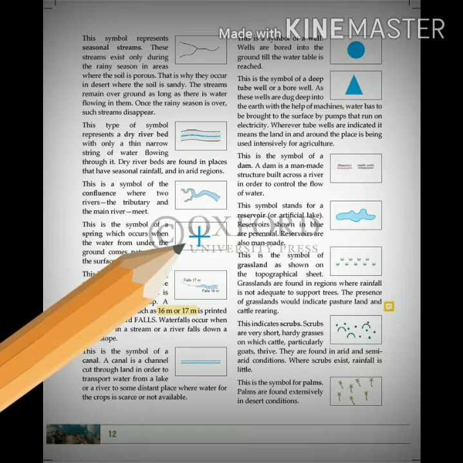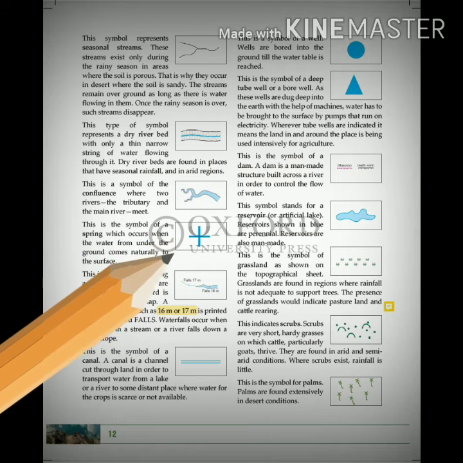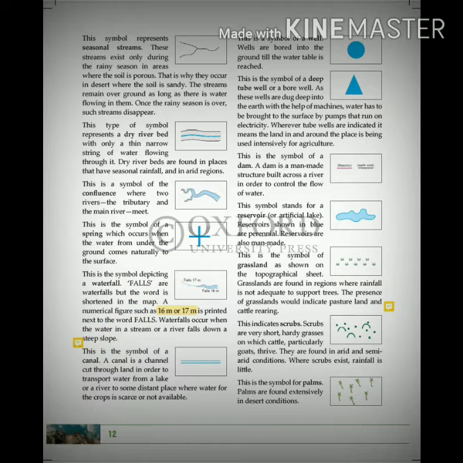The plus symbol which you see on your screen is spring. A spring occurs when water from the ground comes naturally to the surface, and this spring is in blue color. The next symbol depicts a waterfall.